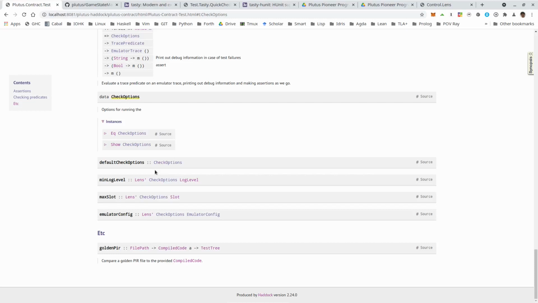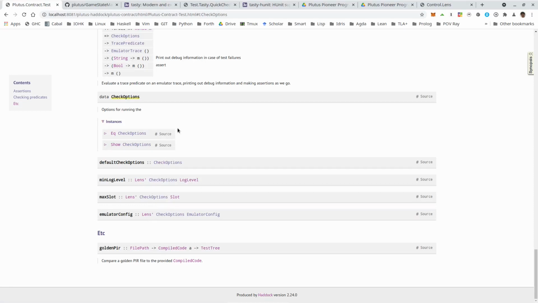So I will ignore this for now, just show you how to use this emulator trace, and then say a couple of words about optics. Unfortunately, I can't go into detail there. And I find it a bit unfortunate that you are basically forced to use these optics in order to work with this library.